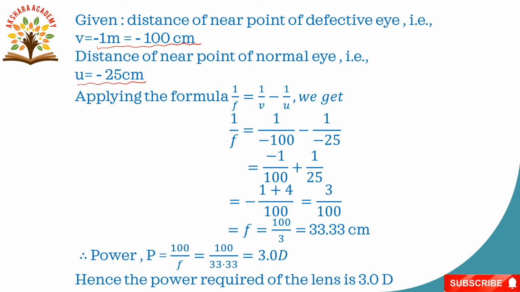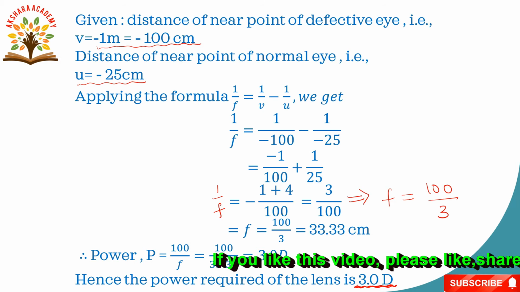After taking the LCM, we get minus 1 plus 4, that is 3 by 100. Here 1 by f is equal to 3 by 100. So f is equal to 100 by 3. After division, 33.33 centimeters. Therefore power P is equal to 100 by f, that is 100 by 33.33. We get 3.0 diopter. Hence the power required of the lens is 3.0 diopter. Okay, next we will go to the next